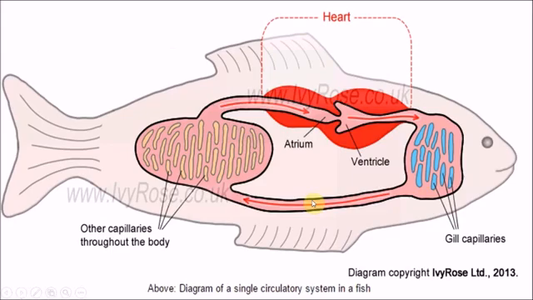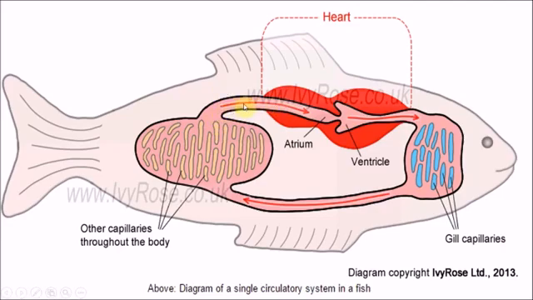Now, this is just a little image of the single circulatory system of a fish. The blood goes into the atrium, which is part of the heart, and then is pushed through to the ventricle. This indicates a valve which stops backflow. There's a valve right there in the heart. So it will pass through the ventricle, out of the heart to the gills. The gills has capillaries. Pressure is reduced here. Oxygen is absorbed from dissolved oxygen in water, and CO2 is given out to the water. This oxygenated blood then travels to the other capillaries of the body, not just here, but all over the fish